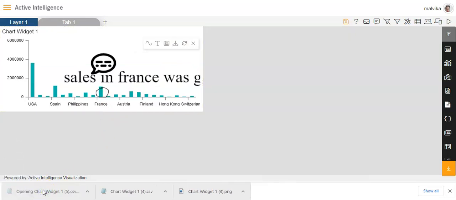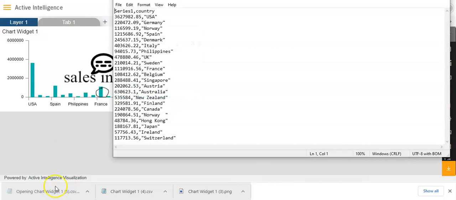You can click it, and you'll be able to see the aggregated data like this. So this is the underlying data. If you wish to view it, you can also view it.